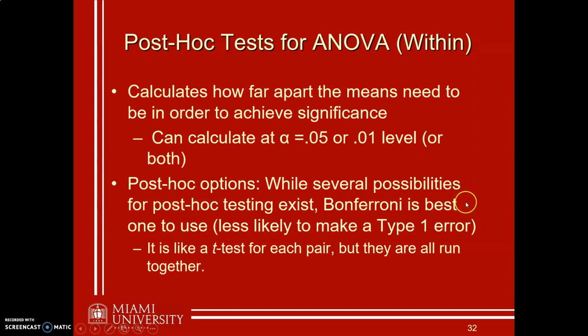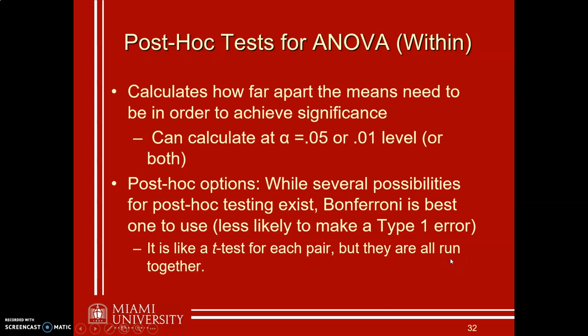And there are several possibilities when you look at SPSS of outcomes that you can do. We would have our least significant difference, or LSD possibility. Most journal articles and statisticians like a Bonferroni correction because it's a little more conservative and it makes us less likely to make a type 1 error when we're doing multiple comparisons here. So it is like a t-test for each pair, but they're all run together, again, to minimize the possibility for